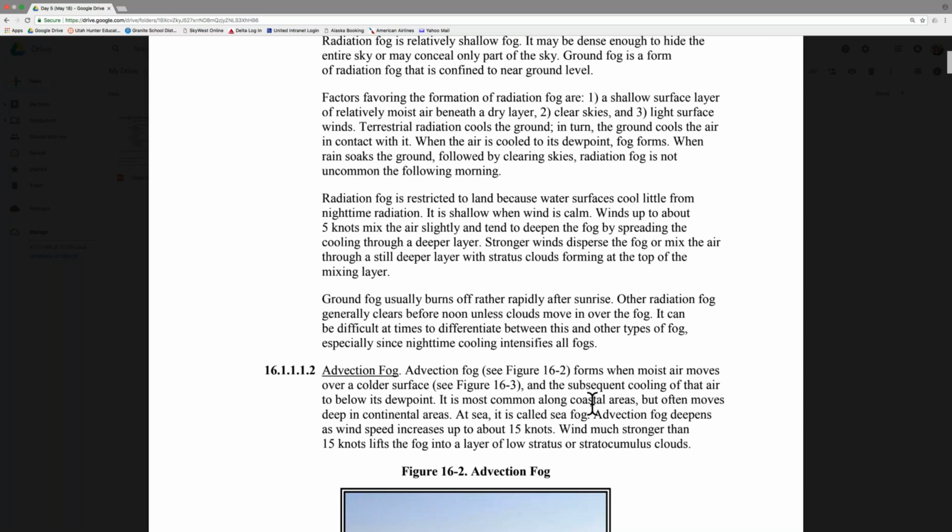So he'll sit there and hold, and let's say all of a sudden we get the minimums. What happens at that point is he can initiate the approach. So as soon as he's initiated his approach into the airport,